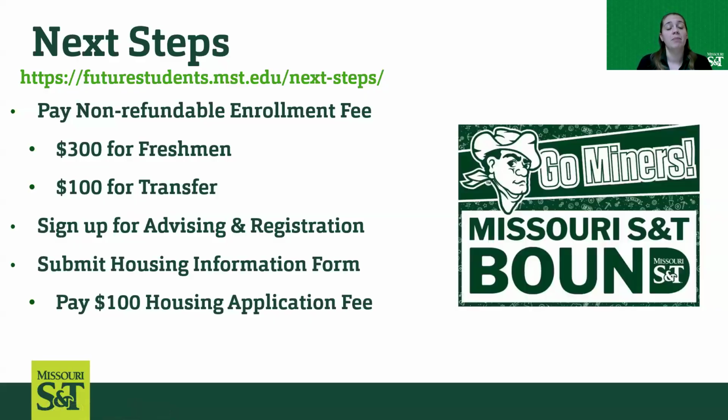So in terms of next steps, what students are going to need to do is log into their application portal. That is where it showed that they were admitted back when they applied for admission, and it showed their admission status update. It also has their next steps. So the first step a student needs to do is submit an enrollment fee. That is a non-refundable enrollment fee. So if a student changes their mind and decides to defer,